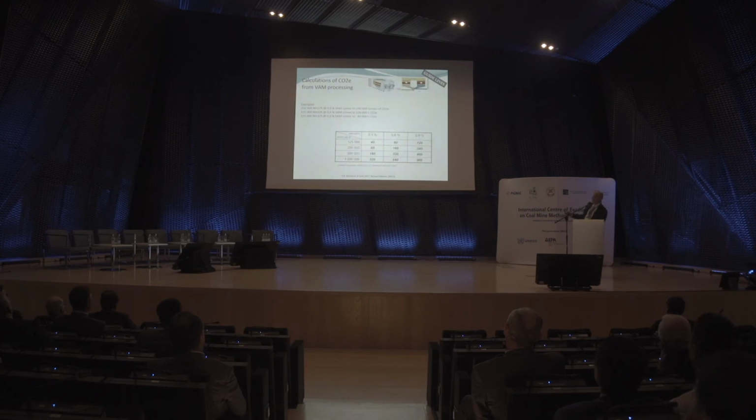This is a table with examples where you have, on this side, the number of cubic meters of air processed, and the concentration. You can see that if you're processing 125,000 cubic meters per hour at 0.3% methane, you will generate around 40,000 carbon credits. Whereas 1 million cubic meters at 0.9, you will be at close to 1 million carbon credits.